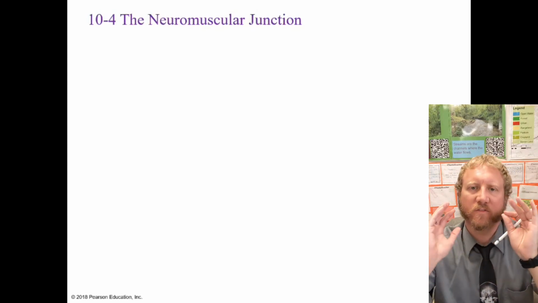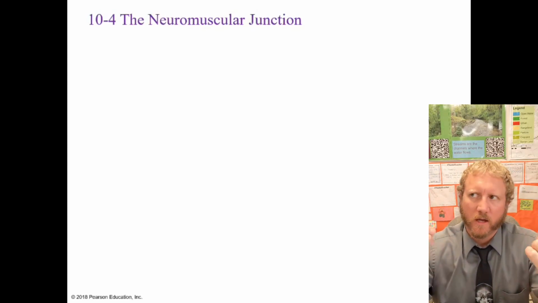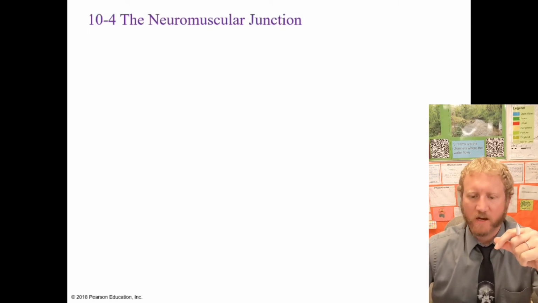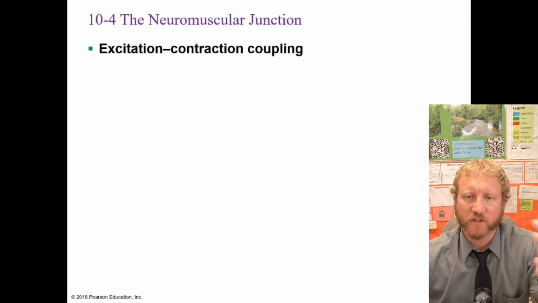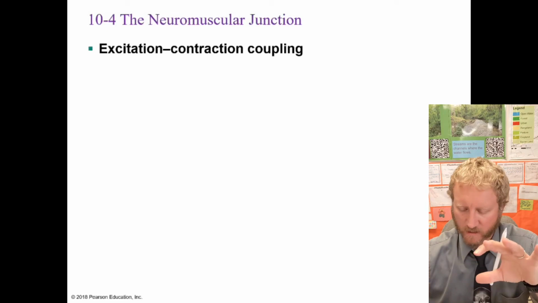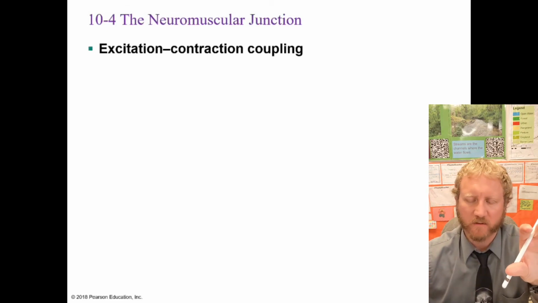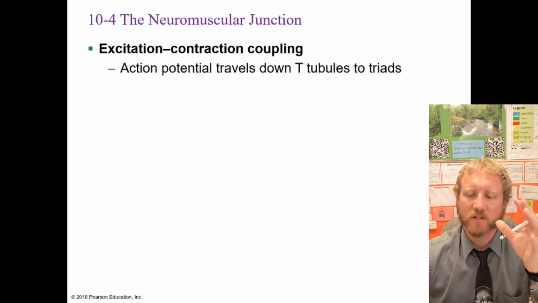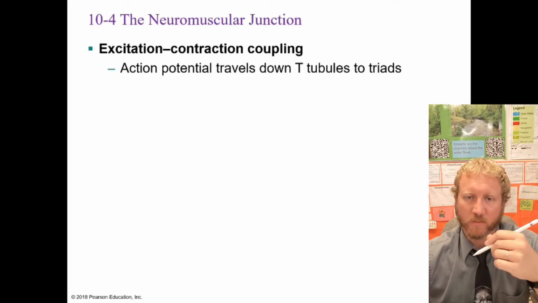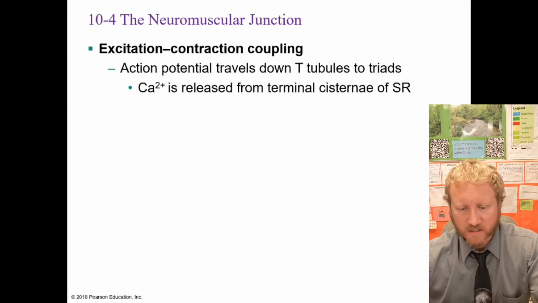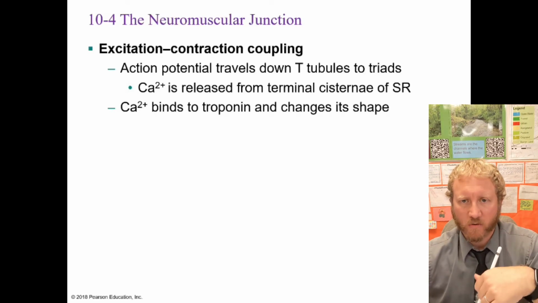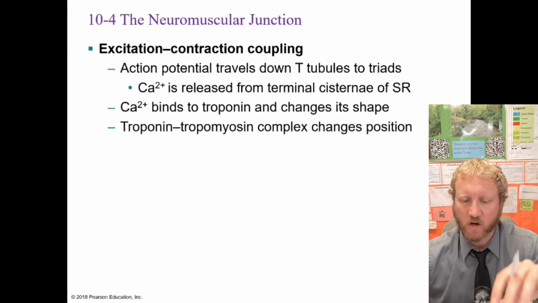Okay, so once we have started the action potential from the neuromuscular junction, now we start another process called excitation-contraction coupling. Basically, the action potential travels down the T tubules that we talked about that wrap around the individual myofibrils. That releases calcium. Calcium is going to bind to troponin and change its shape,